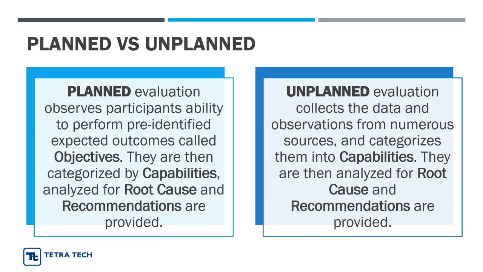So we need to assess what are those capabilities that we need to categorize things into. And sometimes you have to wait for the observations to come in. Or you have to go ahead and create the capability list and solicit information for each one of those capabilities if you want to get meaningful information. You still then analyze for root cause and you make recommendations, but you may not know what all those capabilities are that you need to be looking at in an unplanned event until that information starts coming in